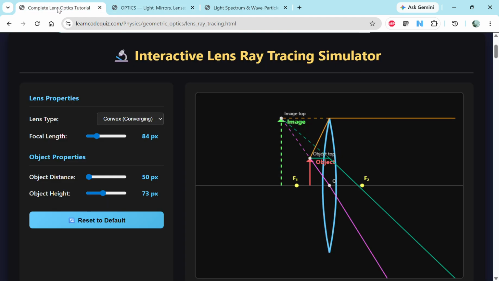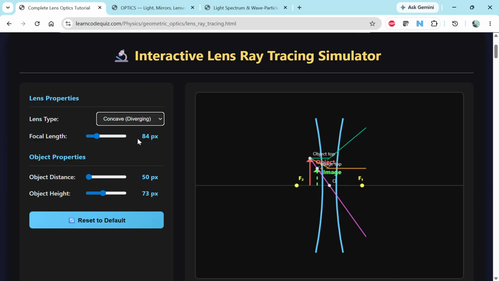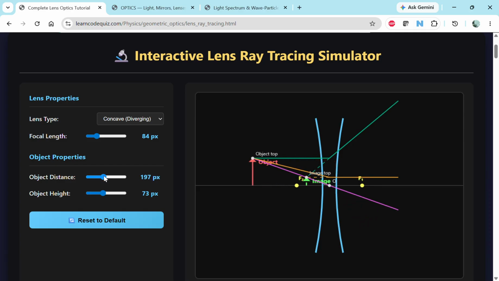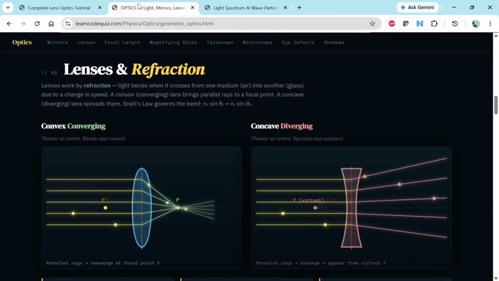The one that I was showing you, if you turn it from convex to concave, you can see what I mean. For example, if you have the object distance, you can see the image very small, right? And that's the diverging lens. Now, when you go back to this,